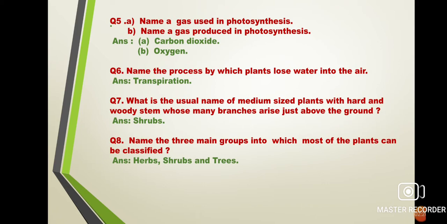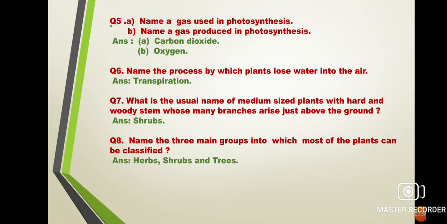All right, so carbon dioxide, from where does this carbon dioxide get mixed in the air? From the animals. Okay, when the animals are exhaling, when the animals are breathing out, they are expelling what? Carbon dioxide, right? That carbon dioxide goes and gets mixed in the air. Other than that, burning of fuel, or burning of anything, also produces carbon dioxide gas, right? Part B, name a gas produced in photosynthesis. Oxygen gas is produced in photosynthesis, and later on this oxygen gas also gets mixed with the air.